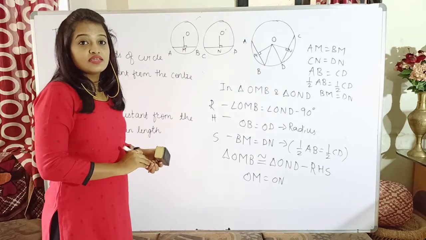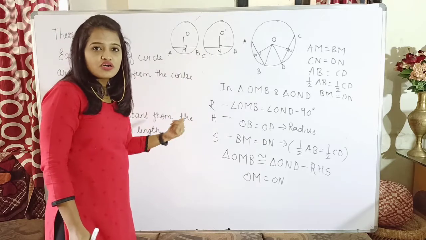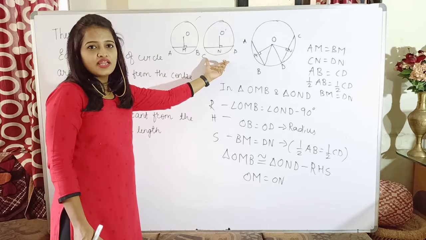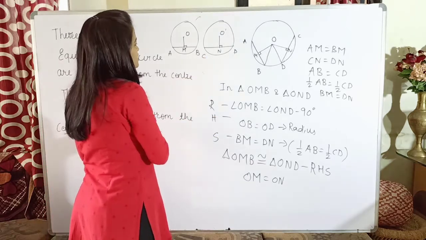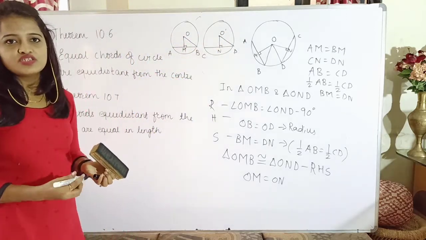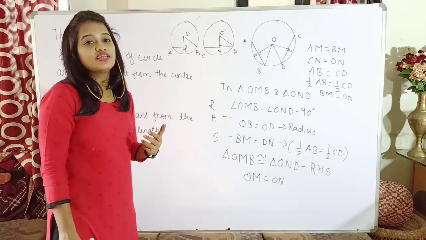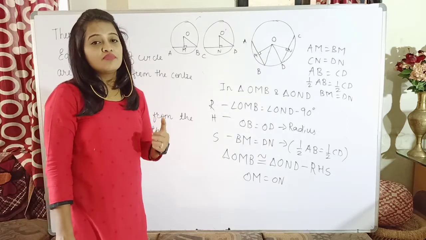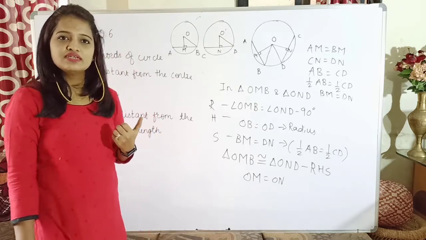Yes, because we are considering the two triangles which are congruent, as in the two chords are of equal length. Definitely, here where I have taken OB equal to OD, here also the same thing would happen, since the circles are congruent, which means the radii would be equal. So the theorem is applicable not only when you are taking the chords in the same circle, but even if you are taking the chords in two different circles, provided the two circles are congruent, the chords will still be equidistant from the center.